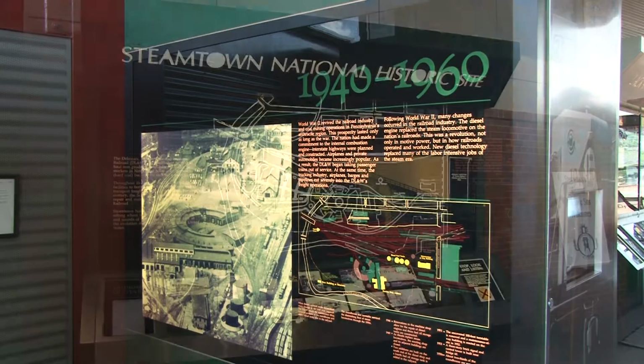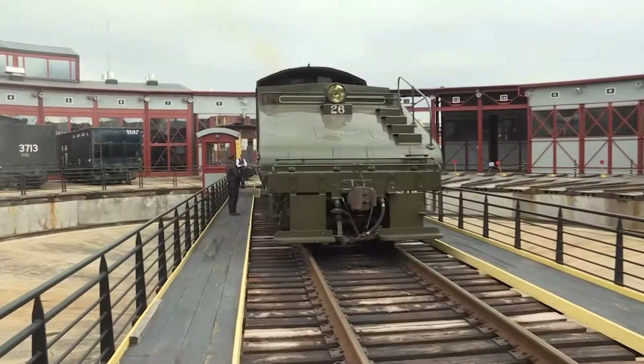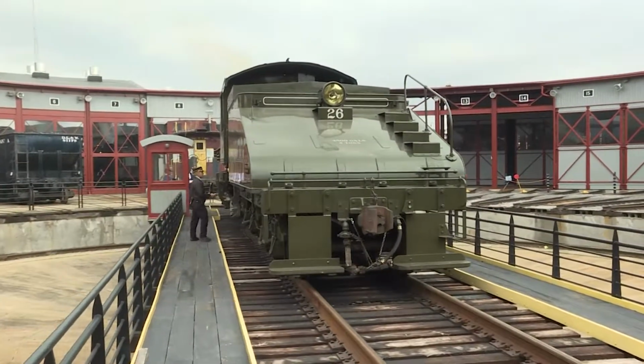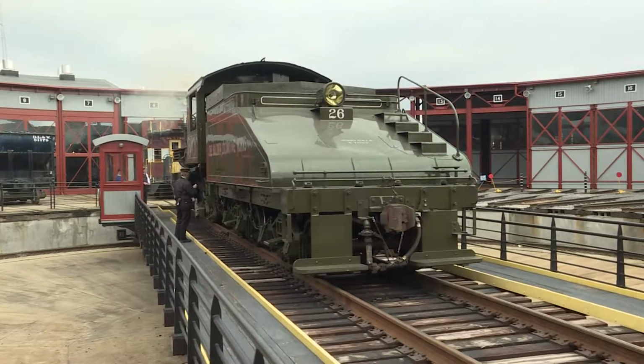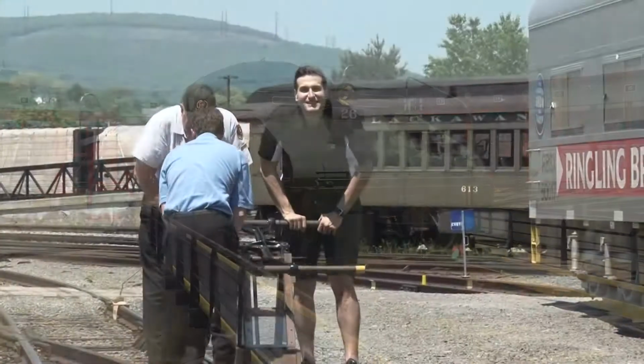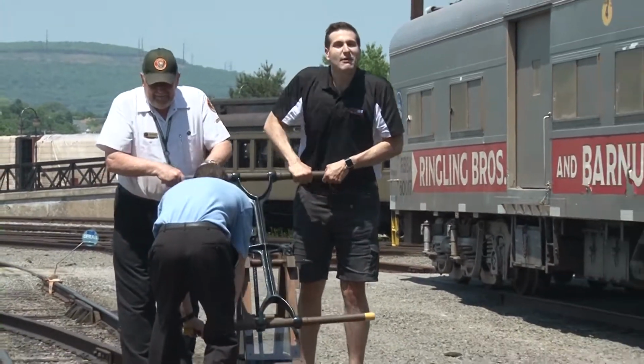We're a unit of the National Park Service, Steamtown National Historic Site, so we tell the story of steam railroading from about 1850 to 1950. If you're feeling up to it, you can also get a feel for what a normal workday was like at the site. Now, what sets the National Historic Site apart from many other national parks is how hands-on you could